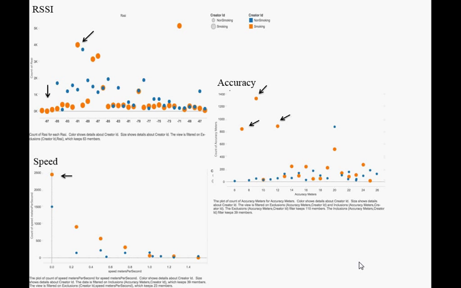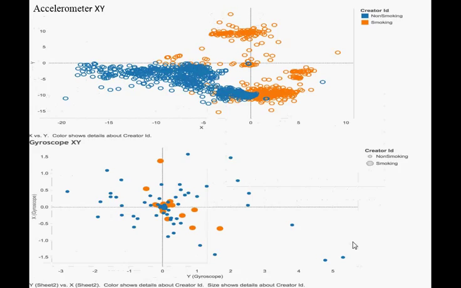This is RSSI levels. These are received signal strength indicators associated with Wi-Fi connectors, and here the picture is much more mixed, but there is somewhat of a higher proportion of low signal strength indicators. In other words, very weak signals associated with individuals who are smoking. Again, along the lines of those individuals may be outside and therefore in less close proximity to